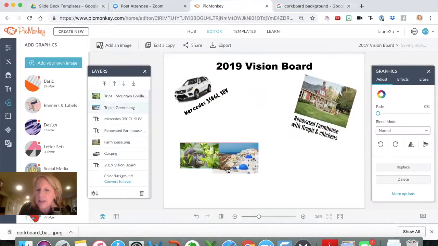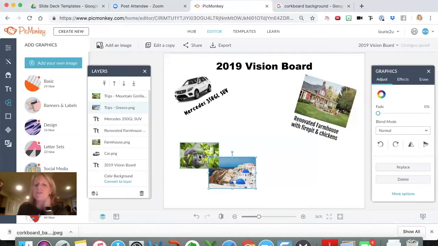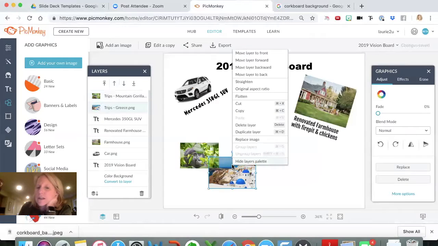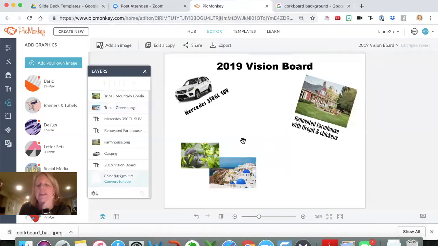And then you can overlay things like this, over and under. This is what the layering does. So I can put the Greece picture above the monkey picture if I move this like that. See how the Greece picture is over the monkey picture? If I move it back, then the monkey picture is over the Greece picture. You can also double click and move it forward and back, and you can also duplicate and copy images and text as well. So it's really handy there.